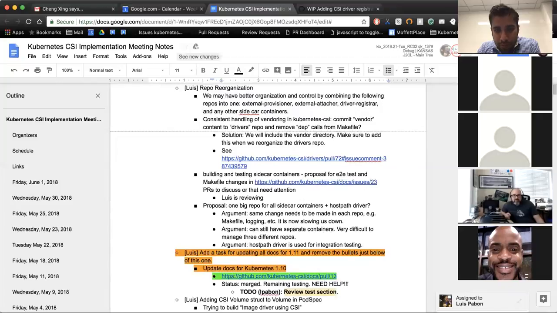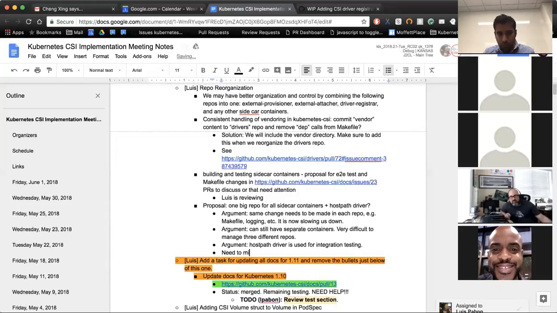What are you coding on? Right now I was assuming that everything's separate, so I'm having my own external snapshotter. Is it a sidecar container you're working on? Yeah, it's going to be very similar to the external attacher. Okay, good. So that's why I want to ask if this change is going to happen. Then I will be making my change based on this new repo. Otherwise,